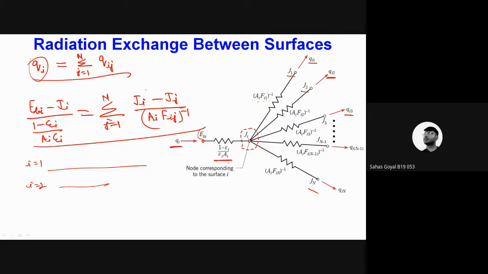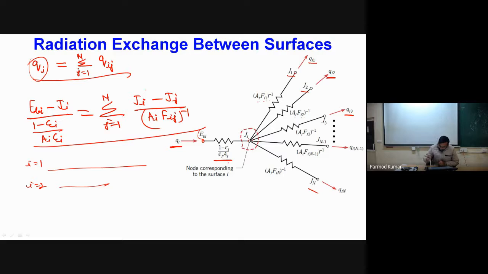Sir, how was the value of I changing? Okay, let me explain. Say we are having a 3-phase enclosure. This is 1, this is 2, this is 3. When you are studying heat transfer from surface 1, Q1, corresponding to that 2 and 3 will act as J. When you are studying Q2, then your I will become 2, and 3 and 1 will become J. Is this point clear? Yes, sir.